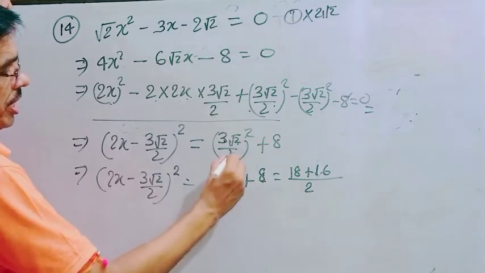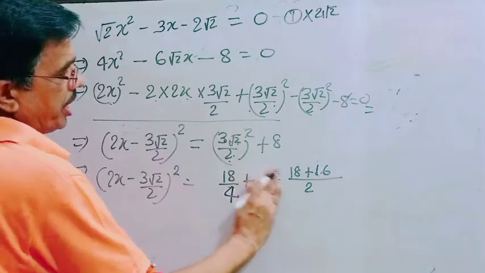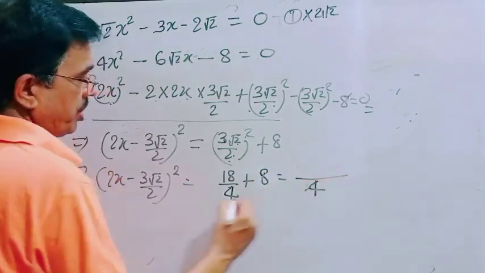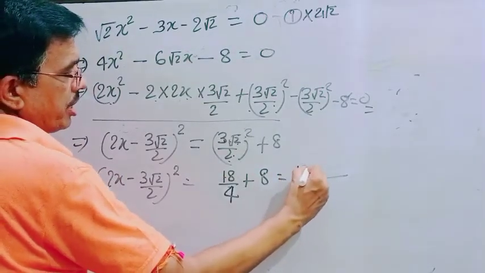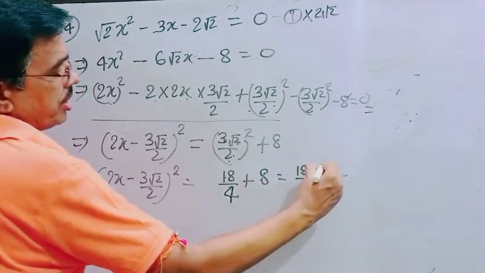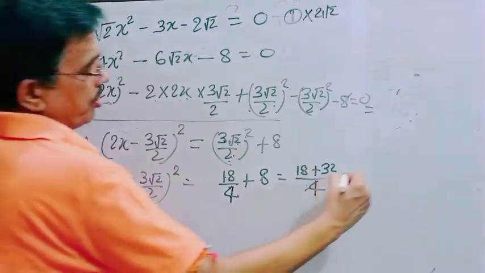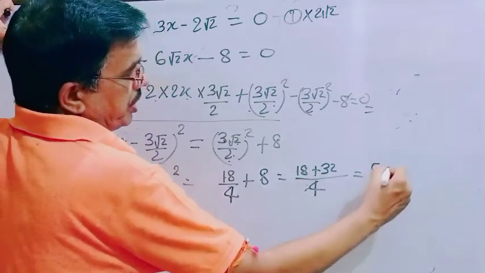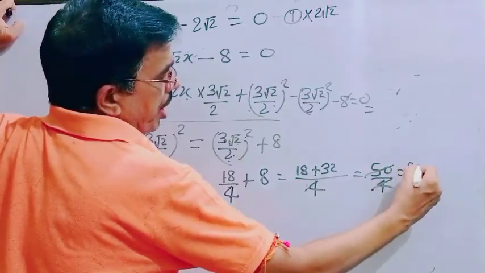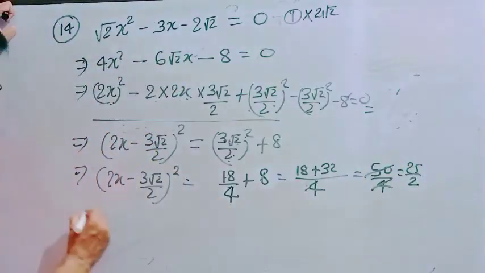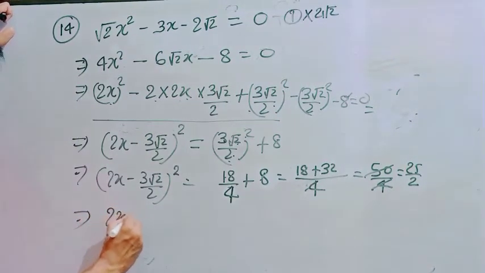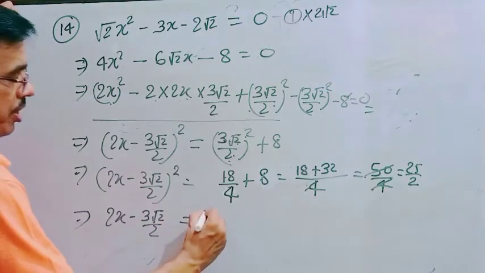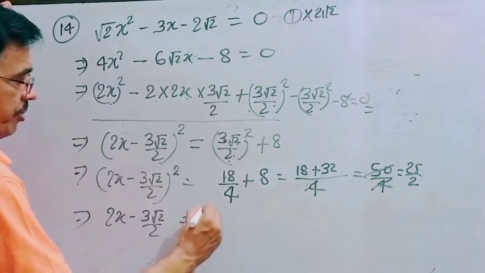Sorry, dear student, here is 4. Then here is 8. Then LCM is 4. And here is 18 and plus 8 times 4 is 32. So here is 50 by 4. Then it is 25 by 2. So what is the value of 2x minus 3 root 2 by 2 is equal to 25 by 2 under